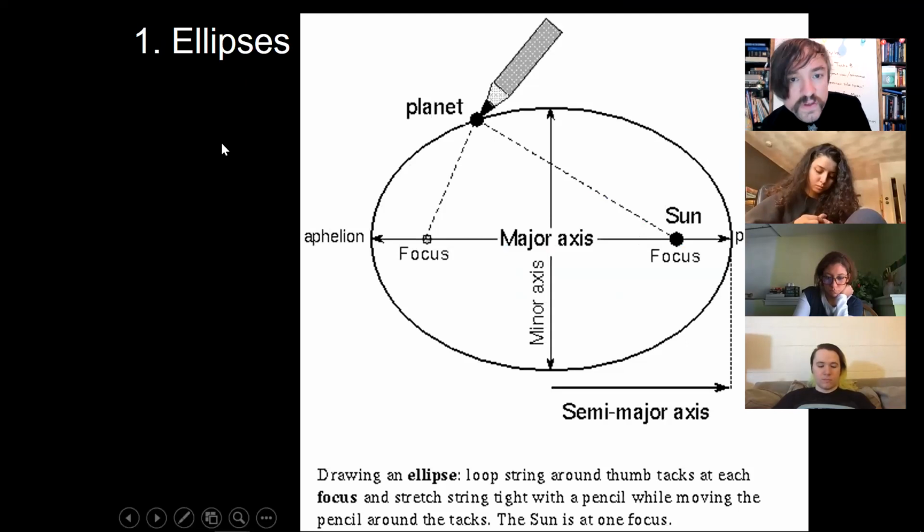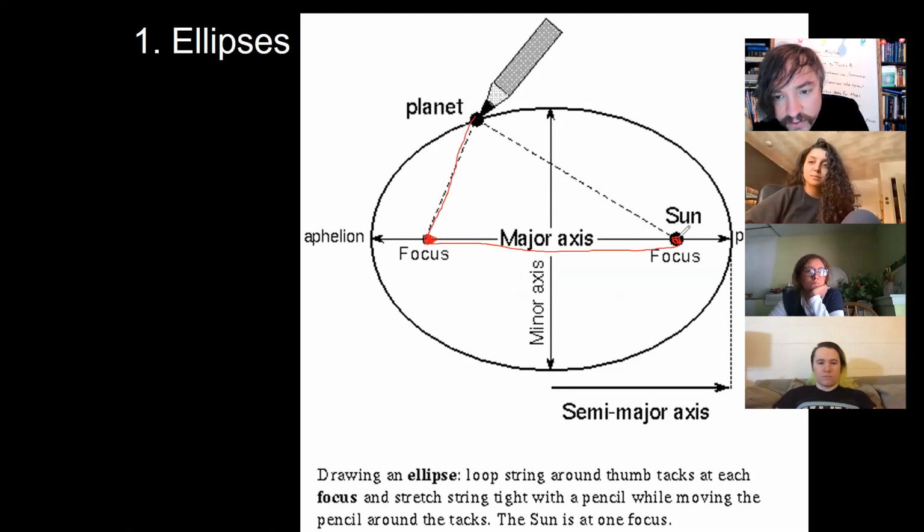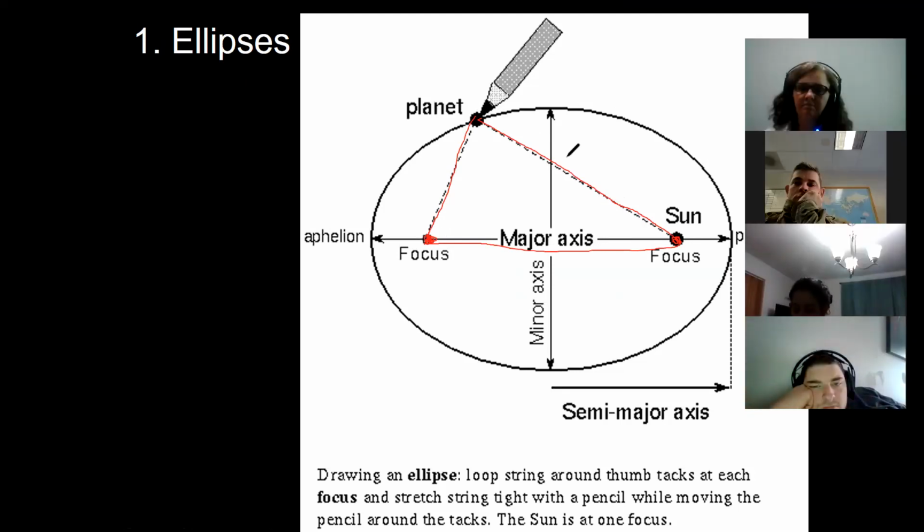So the way you make an ellipse is you take your 2 thumbtacks and you stick them through a piece of paper into the cardboard. And then you take the loop of string and you tie the loop of string around the 2 thumbtacks. Then you put your pencil into the string and you hold the string taut so that there's tension on it. And it makes a nice little triangle. And you just drag your pencil around the paper. And because the triangle has the same perimeter, it makes you a beautiful geometrical ellipse. This is how we're going to do it, and it will be fun.